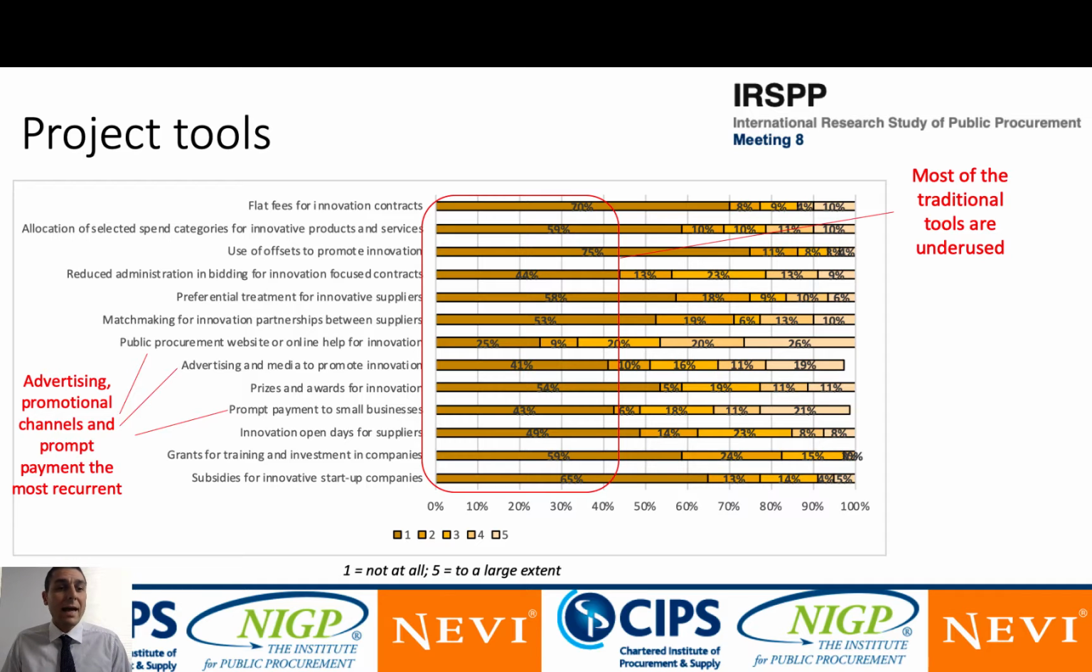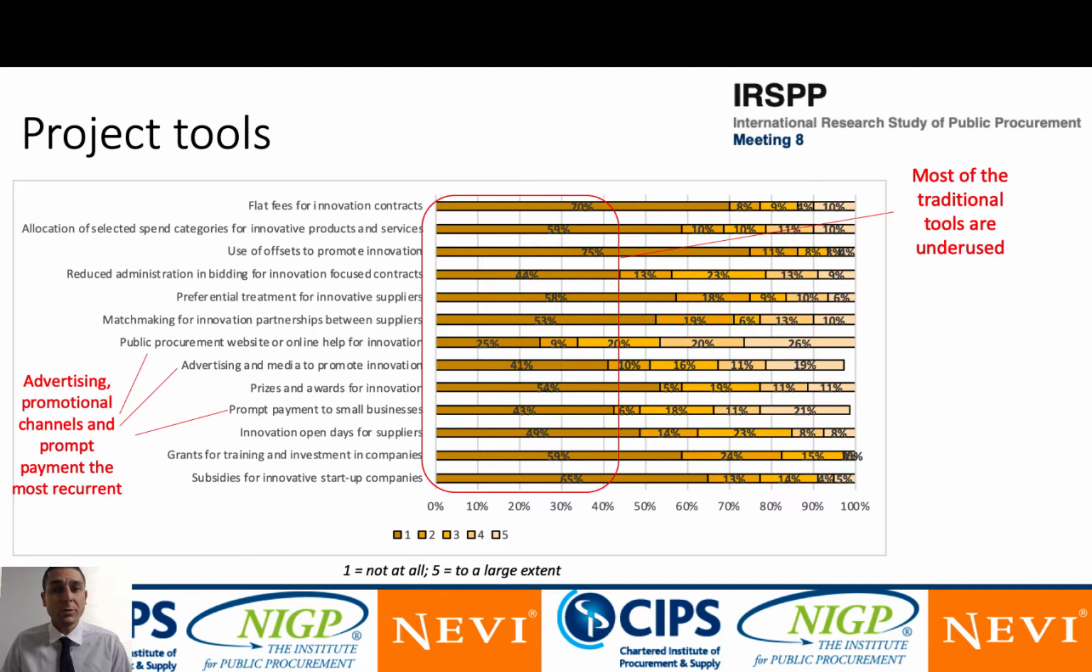including the dataset, and if we want to look at the ones which were actually most used, we can see that advertising and promotional channels, the most immediate ones, were the most rated, including a usage promise of prompt payment to small business, as longer payment is usually one of the biggest drawbacks for companies